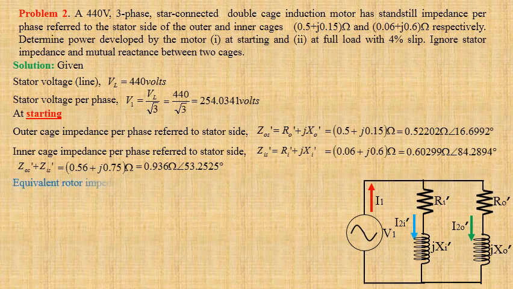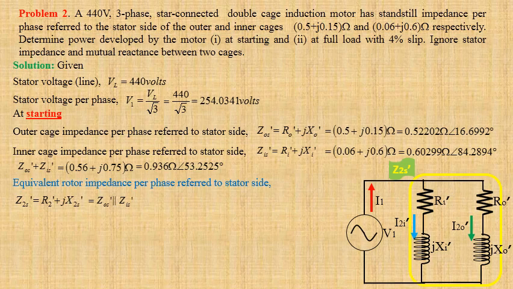Equivalent rotor impedance per phase referred to stator side Z2S' equals R2' plus jX2S', that is equal to Z0S' in parallel with ZiS', which is equal to Z0S' into ZiS' divided by Z0S' plus ZiS'. Using values we get